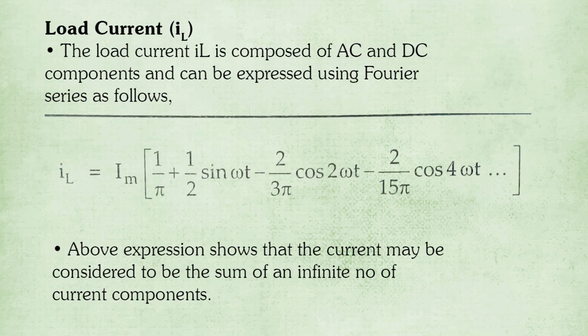So, the next expression will be for the load current IL. The load current IL is composed of AC and DC components and can be expressed using Fourier series as follows. That is, IL is equal to Im in bracket 1 by pi plus 1 upon 2 into sin omega t minus 2 upon 3 pi cos 2 omega t, etc. So, the above expression shows that the current may be considered to be the sum of an infinite number of current components. So, in the figure we can say that the load current comprises a number of infinite current